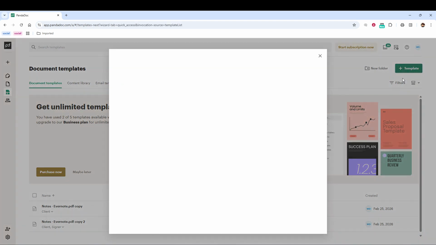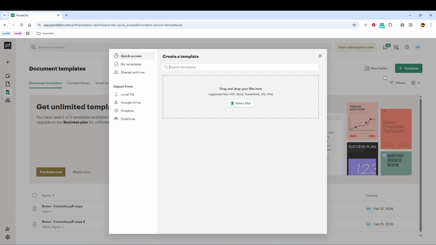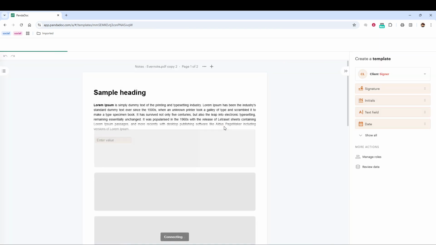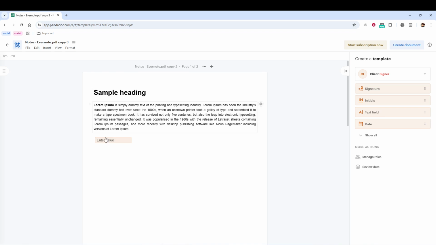This begins the template creation process and takes you into the setup flow. Next, select Template. In PandaDoc, you can start from scratch or base your new template on an existing one. If you already have a document that is close to what you need, using an existing template can save time and keep your branding consistent. Choose the option that best matches your goal, then continue into the editor where you will place your content and